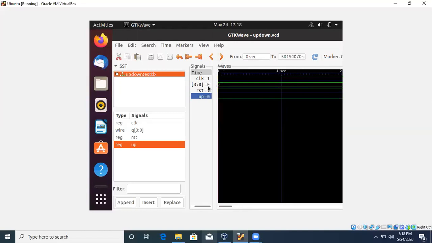So at 0, when up is 0, initial output is F, that means it will count downside. Then next, you can observe in between also.